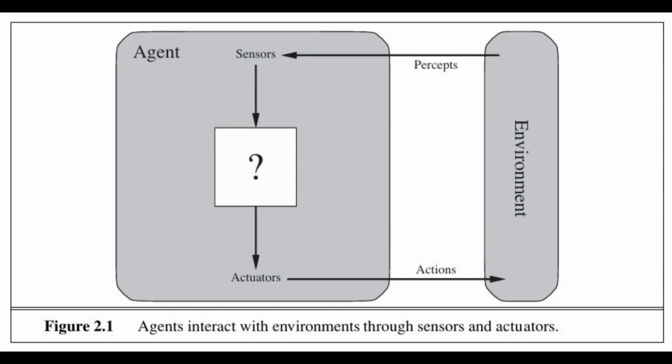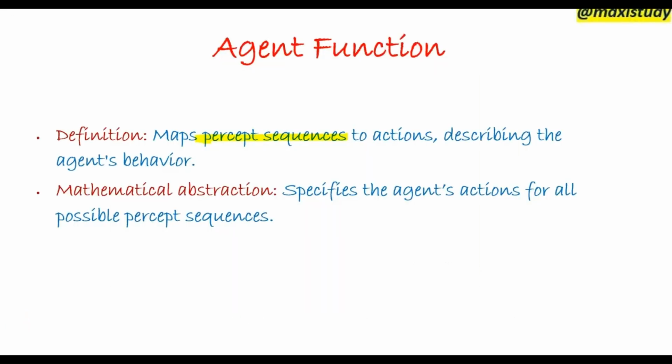For explanation, we take the example of a thermostat. Suppose the agent observes the temperature using a sensor, meaning it perceives the temperature from the environment. Next, according to the low temperature, the agent takes the decision, and the decision is to turn on the heater. So the actuator works on it in the environment by taking the action of turning it on. The agent is making its own decision.